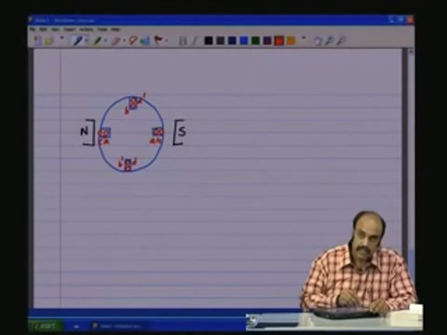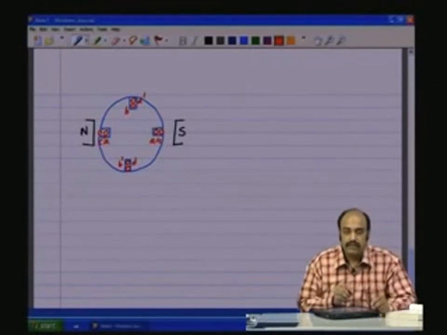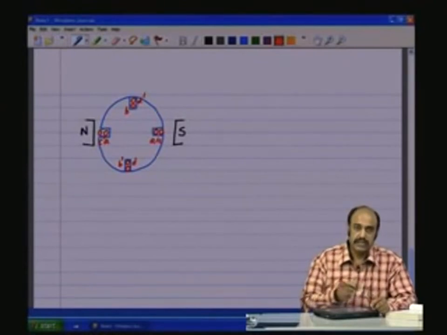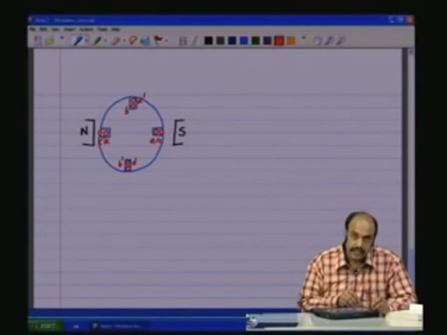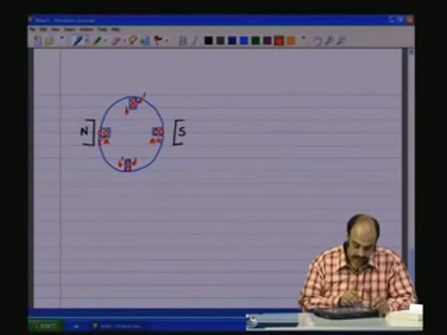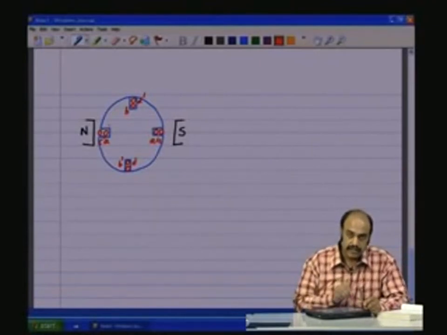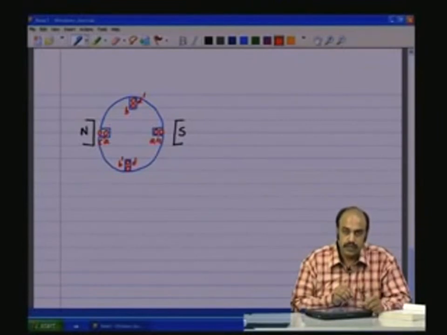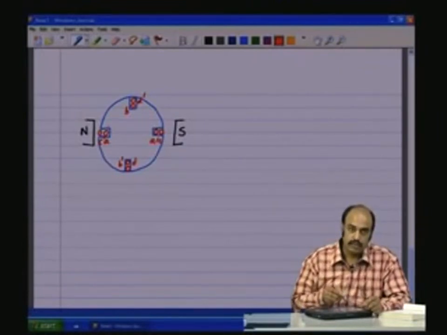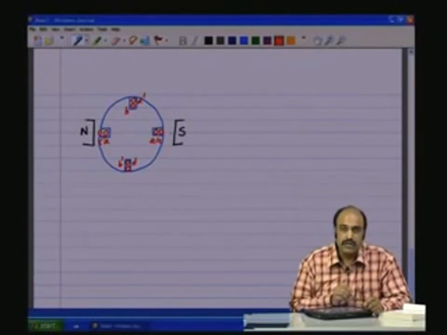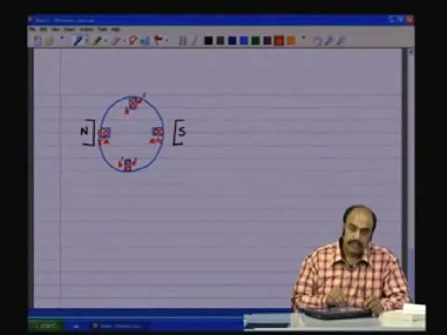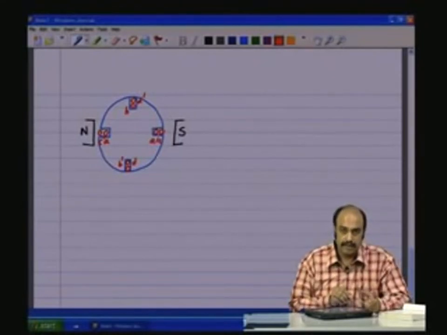which means A and C are wound on the same slot, but with opposite direction of coil winding. They are 180 degrees out of phase, which means at this point both these coils are near the north. Coil conductors are at the north pole, and the other part of the coil conductor is at the south pole, which means if A has a current or induced voltage in one direction, the induced voltage would be in the other direction because of 180 degrees out of phase. So, the voltage between these two coils is going to be double, and that is what is going to come across the brushes.